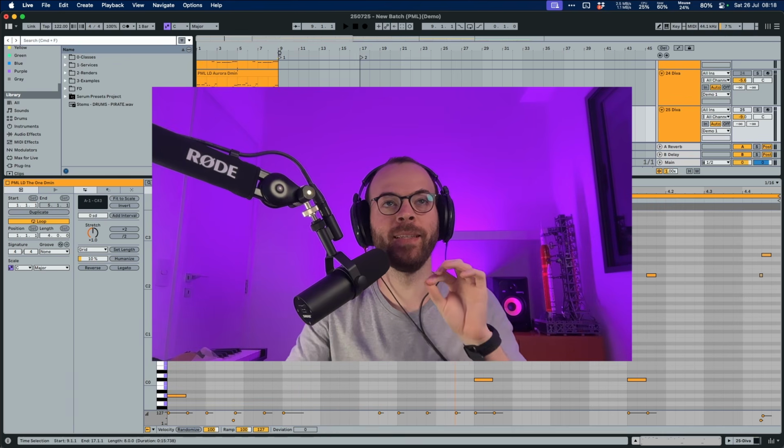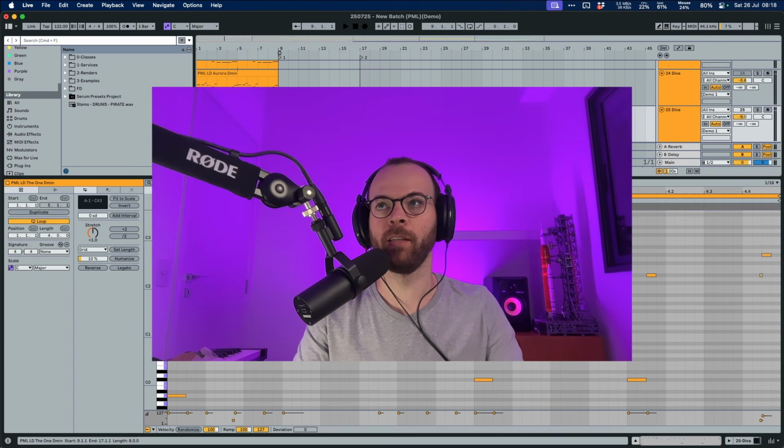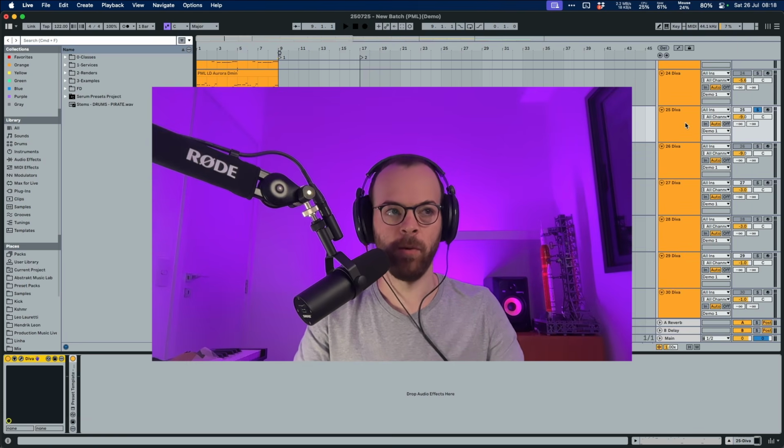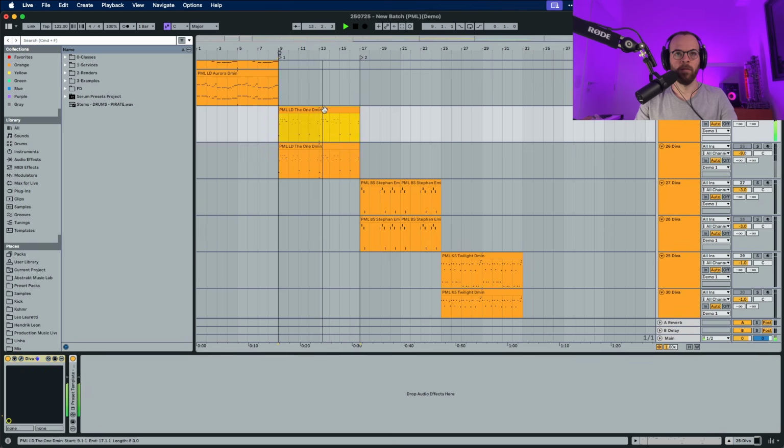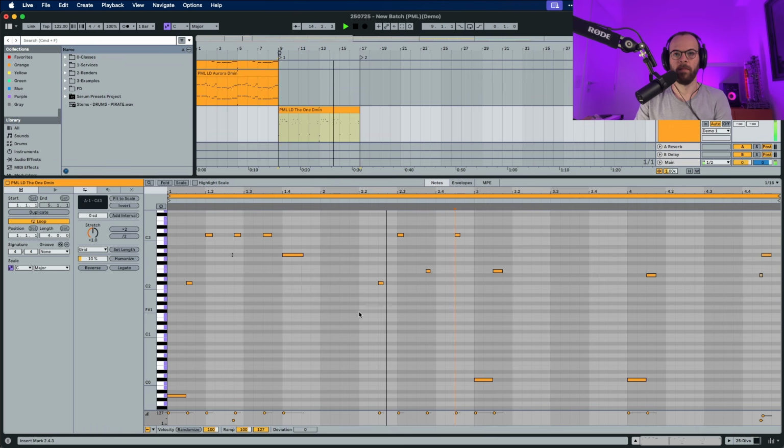Today I'm recreating a lead called The One, and it sounds like this if you want to listen to it in solo without any sidechain. With the MIDI. And you can see that it has a lot of velocity variation, a lot of notes that are not exactly on the grid. But now, if you want to listen to it in context,